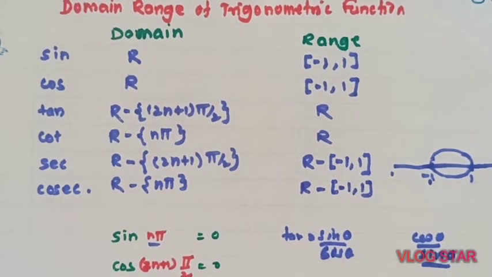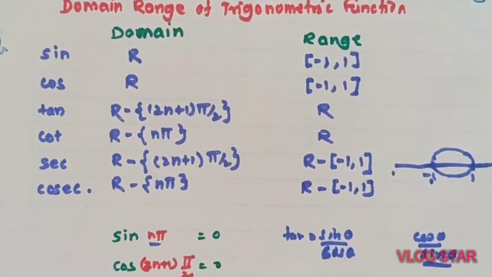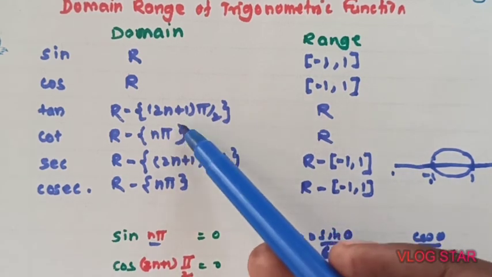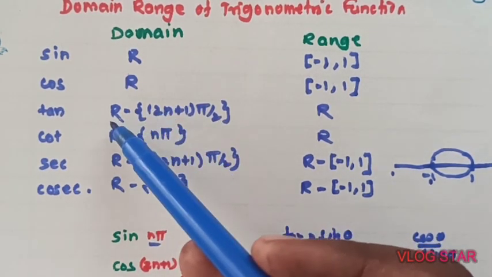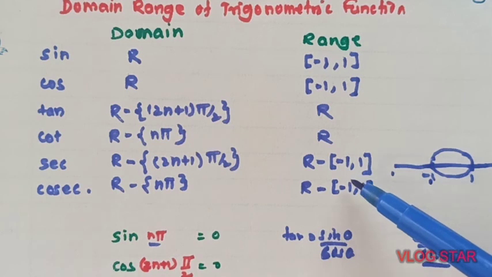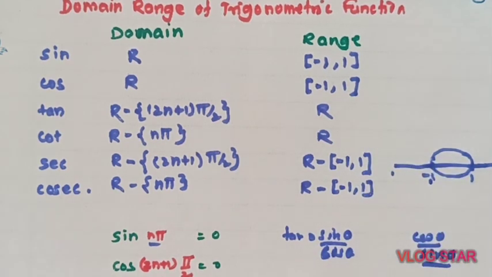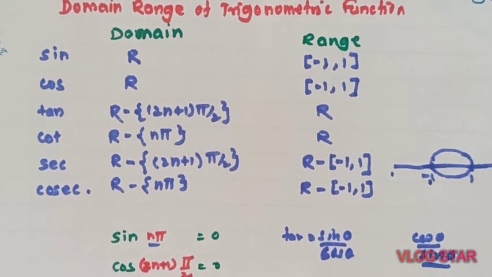So we have summarized the domain and range of all trigonometric functions in short, logically, with a reason why we are subtracting some portion from R, from the range also. This is a summarized table for domain and range. So you should also define all trigonometric functions and remember all the domains and ranges in this manner.